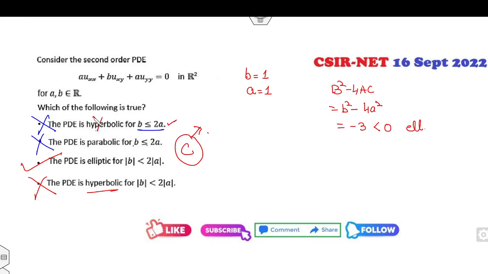Fine. So this case is cancelled. Again, this a and b both are satisfied, so this case will be cancelled out. This case will be satisfied, but because this is one particular example, we can't confirm this option until we have discarded the rest of the options. Again, when b and a both are 1, this condition is satisfied, but we need an elliptical condition. This option is also cancelled, and then the remaining option C is my correct answer.